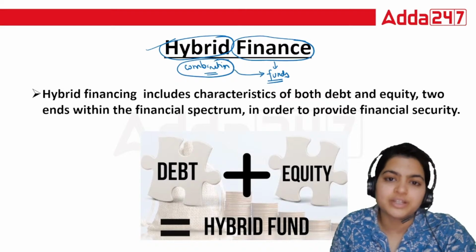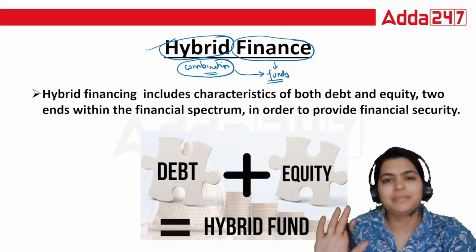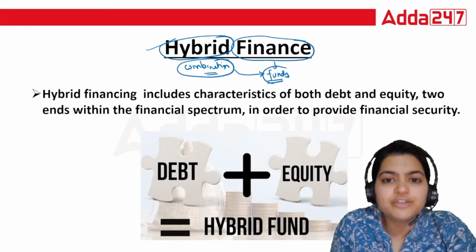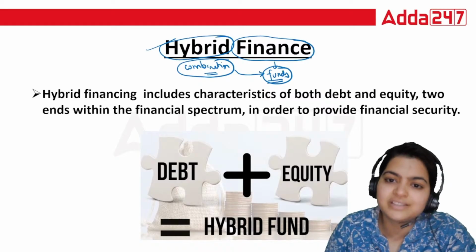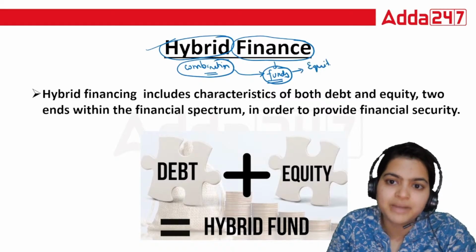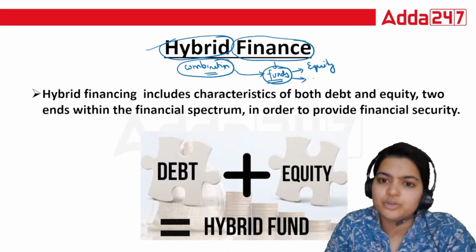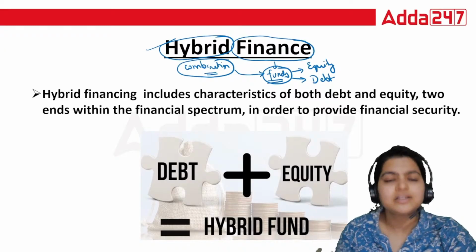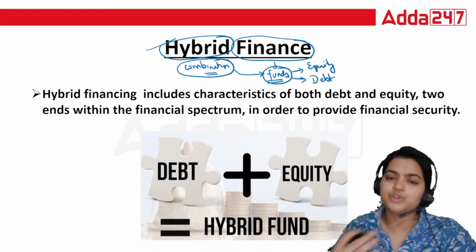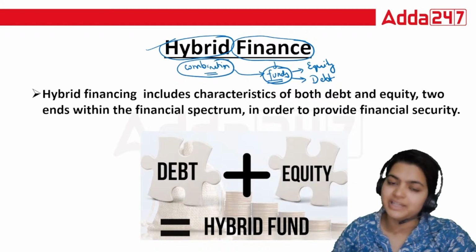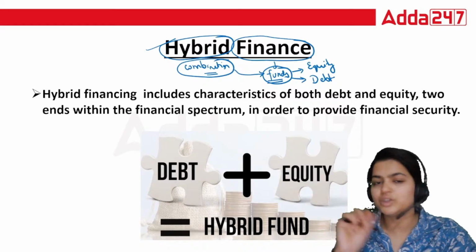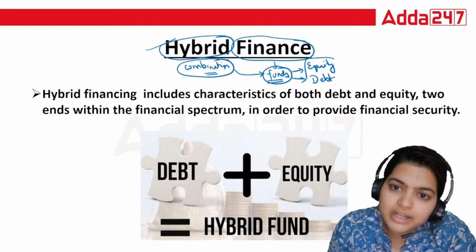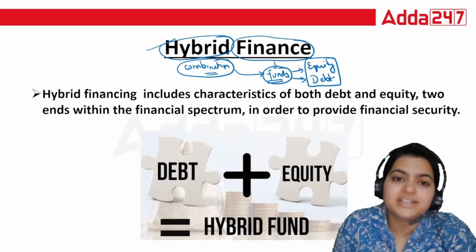Let's leave this term for a minute. If I ask you what are the ways through which you can generate these funds, you will say we will be using equity by issuing shares or by going for debt. Correct. Borrowing from public, from bank, loan, like this. So if you want to generate funds, you will use your own money, or you will borrow from public. These are two things which we classify as equity and debt. Now we will combine these two things. We are saying a hybrid.